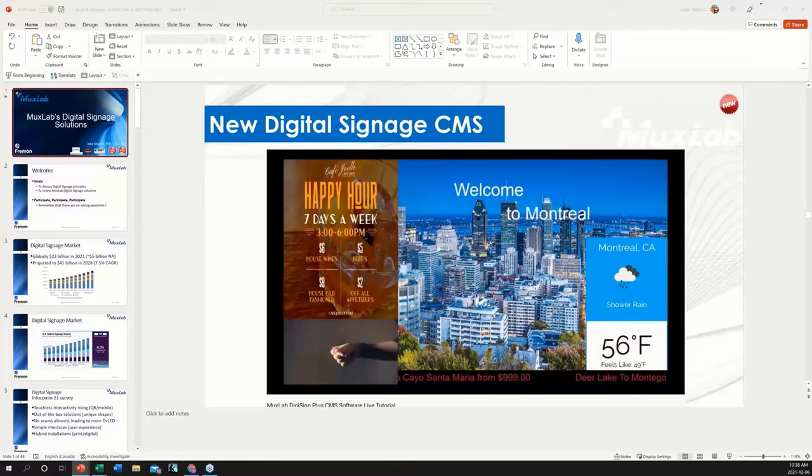Here is an example at the airport. You can be telling people, welcome to Montreal. You have brought a widget that is actually showing the weather. You also put in there some information on one of the cafes that are located close to this digital signage, or somewhere in the area of the airport where people are walking. And we can have at the bottom a running screen, for example, an RSS feed that will come from the airline or from a travel company that is offering you different flights to different locations for different prices. So creating this kind of content to be displayed is fairly simple when it comes to the use of the